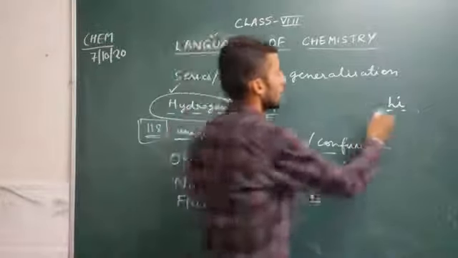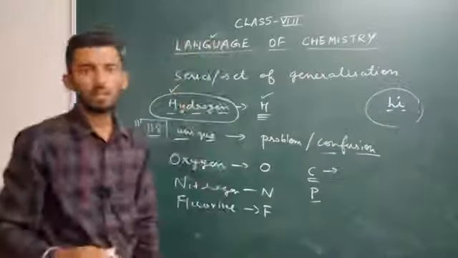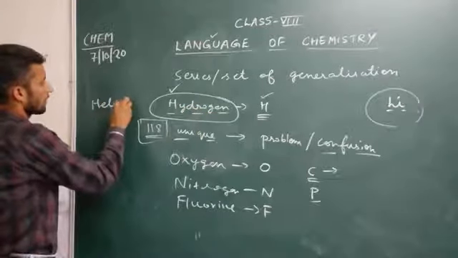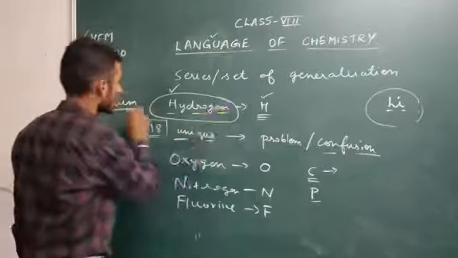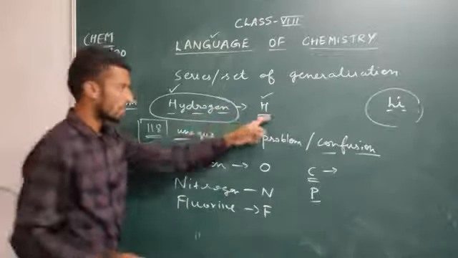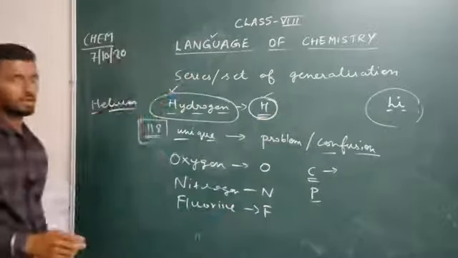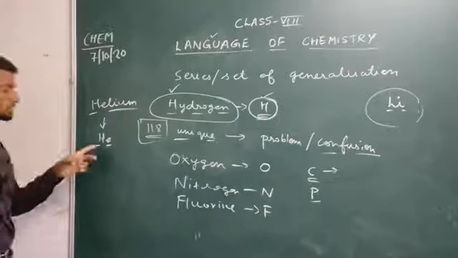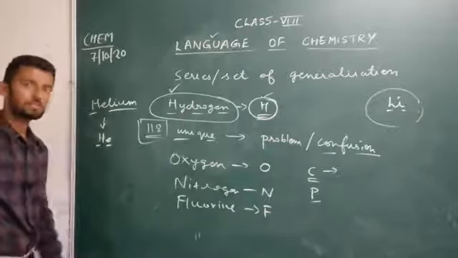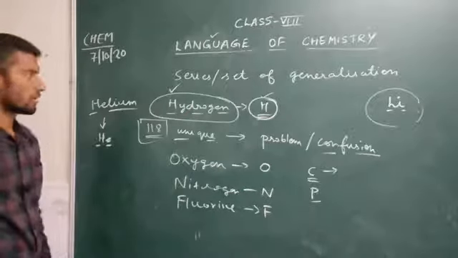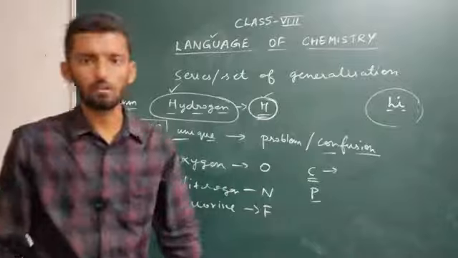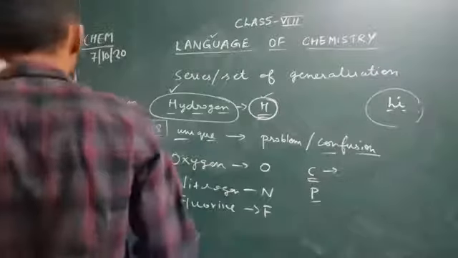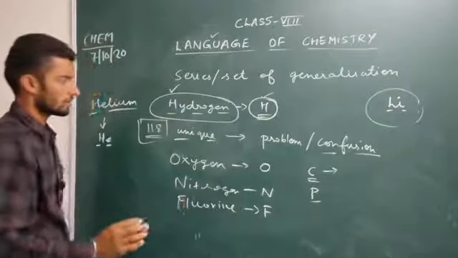Now when two different elements start from the same alphabet, like hydrogen and helium, we have hydrogen as a gas, helium also as a gas. Hydrogen's elemental symbol is H, but in case of helium it is written as He. Why is it written as He? Because if we write H for both helium and hydrogen, then there will be great confusion. So separate names are assigned, and based on that similarly other elements have been classified.